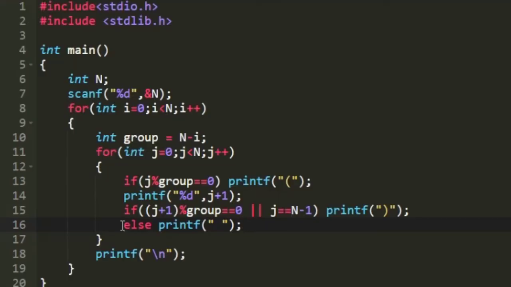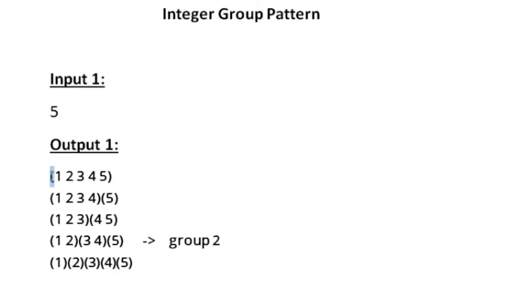And let us see why we are printing this space in the else part. So we are printing open parenthesis and then printing the integers separated by space. But when we print a closing parenthesis, there is no space between the integers. So here between the 5 and closing parenthesis there is no space.